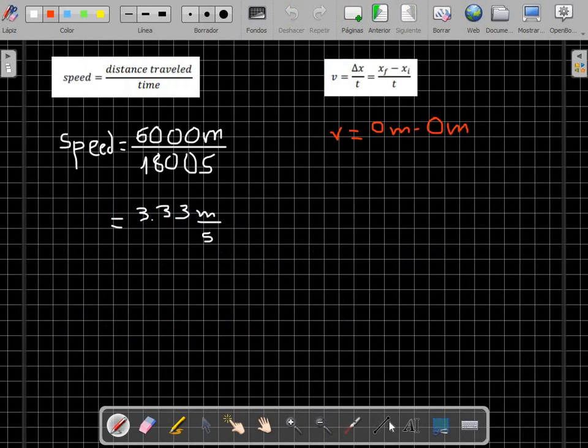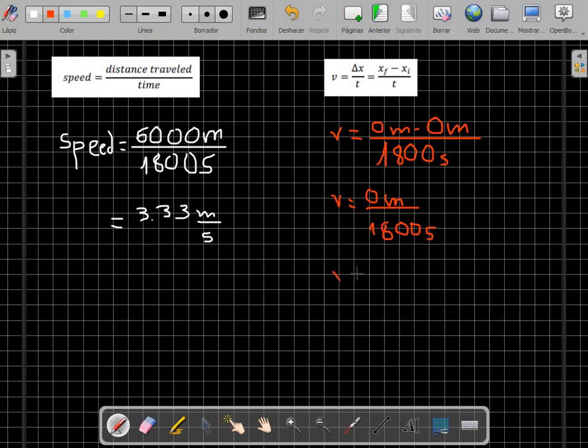So there we have it, 0 minus 0 divided by 1,800 seconds. That's the time it took this person to get to their house once again. 0 minus 0 is 0 meters divided by 1,800 seconds, which is going to be equal